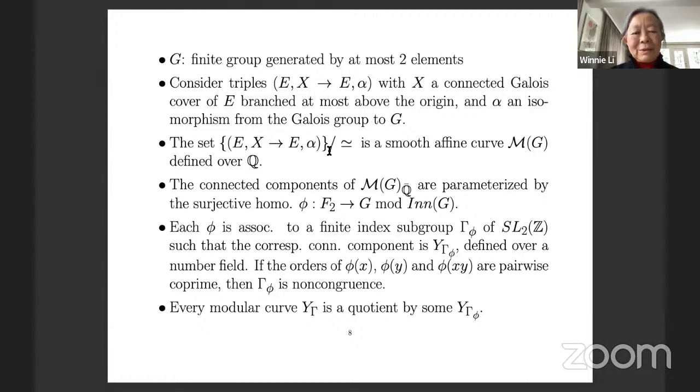And then one takes the equivalence classes of such triples, and he showed that it's a smooth affine curve